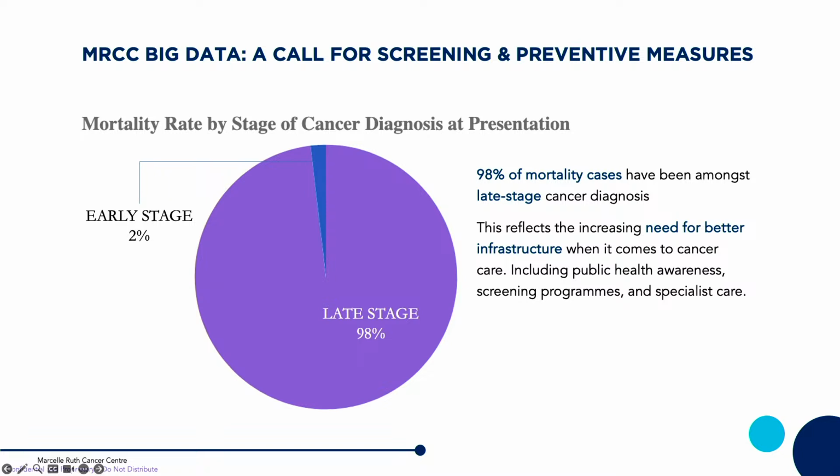We found that in our early stage cancer patients, there's only a 2% mortality rate. So the majority of the patients who pass away are late stage. And that also gives you the confidence that you're doing the right thing for the patients who come early. But it also tells all of us in the room, yes, we can bring infrastructure, we can bring labs,